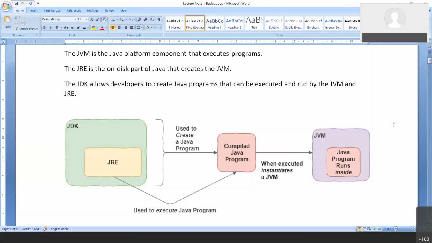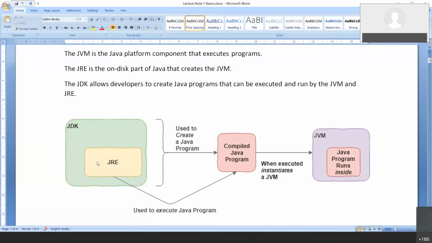Is it clear to you? So yesterday, when I wrote a program in the notepad and compiled it, we got something called a compiled Java program. Then we executed it. It was executed under the JVM by Java. So this cycle should be very, very clear to you: there is something called a JDK, and there is something called a JRE. Clear? Understood? Okay.